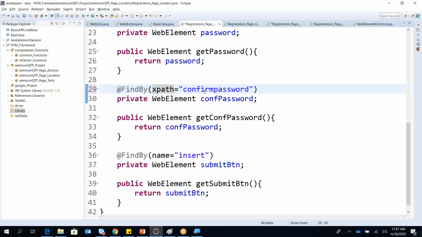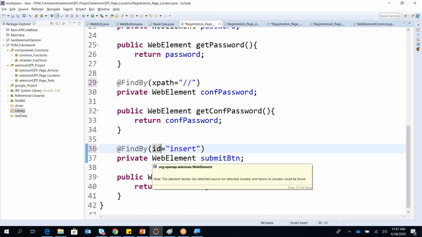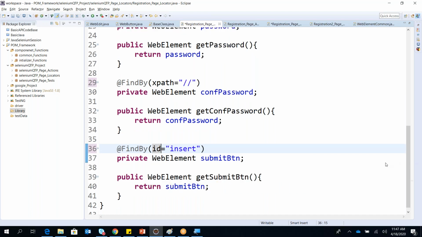You just pass your XPath, whether relative or absolute, whichever XPath it is, you just write the XPath here. By that way, you can identify by XPath, by tag name, by ID, you can use CSS, any other things like that. Can you give this code file? Definitely, we'll share this code file. That's not an issue for me.